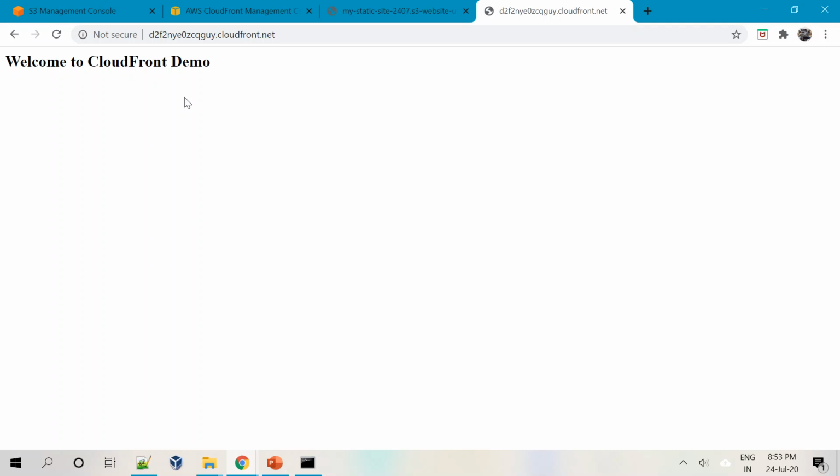At the same time, these contents are distributed to all the users from their nearest edge location. So these are the different advantages that CloudFront brings to users when they are using S3 as static website hosting.